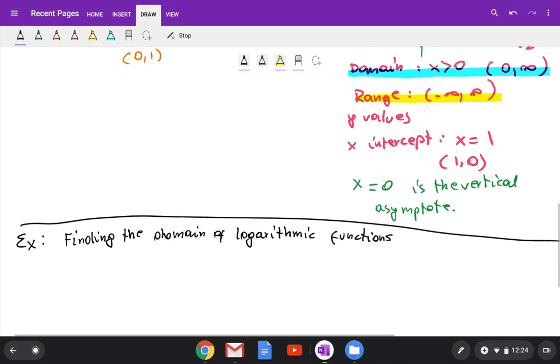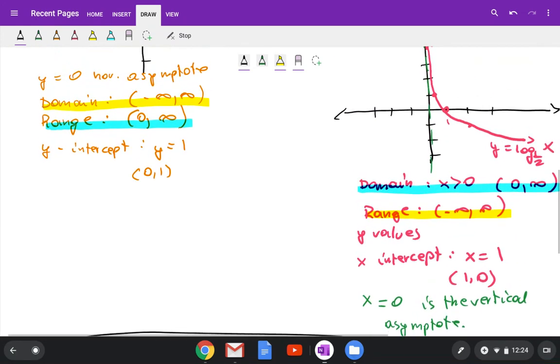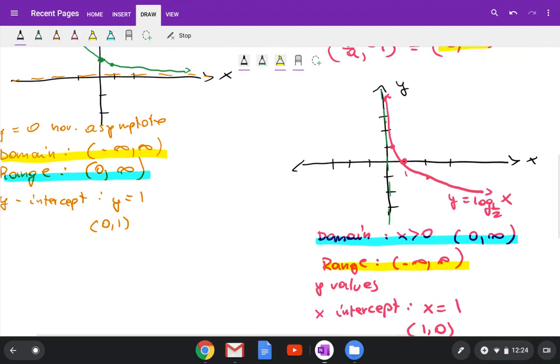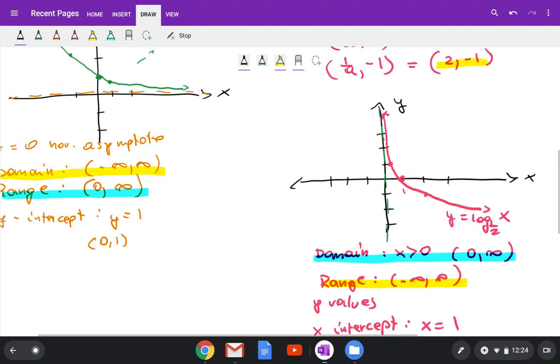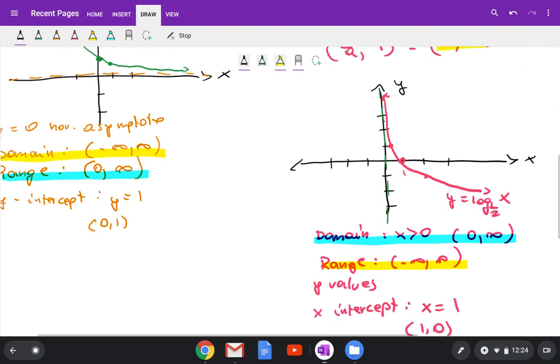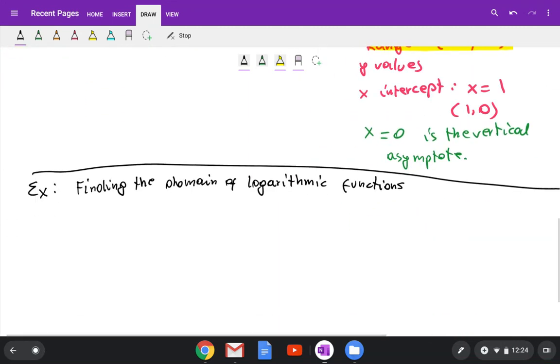So let me give you a note. To find the domain, like you see for the basic graph, we have all the values which are positive, greater than 0. So to find the domain,